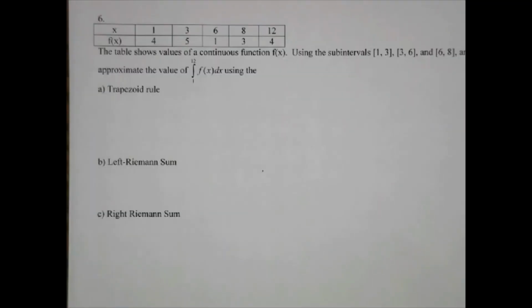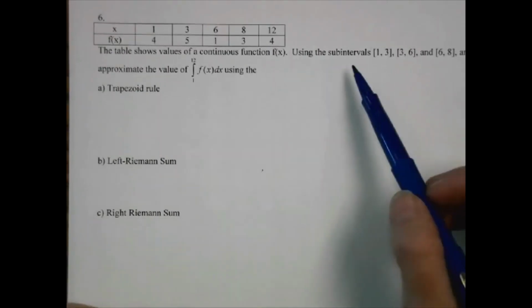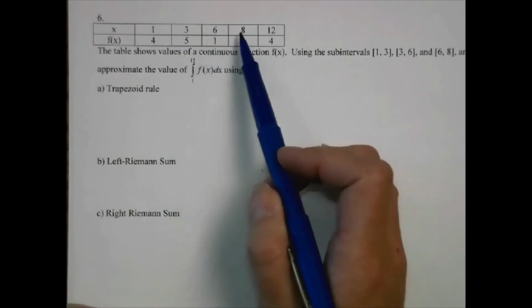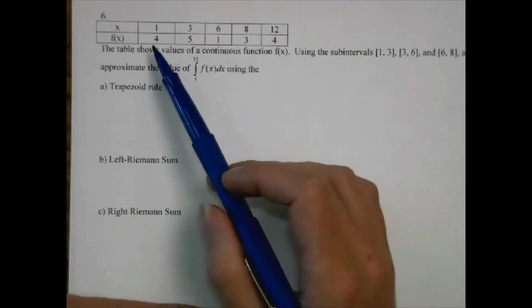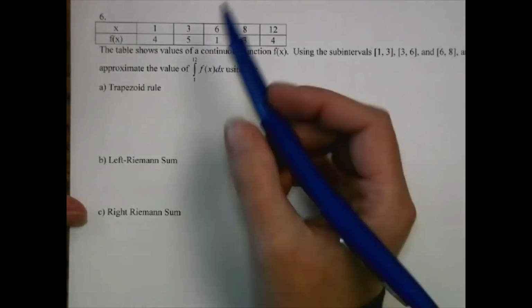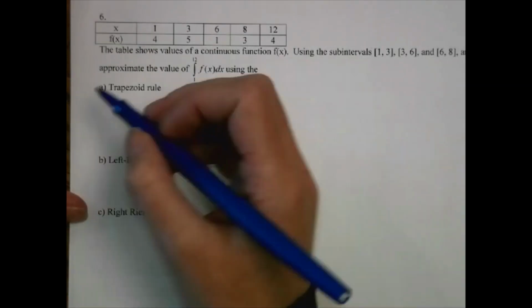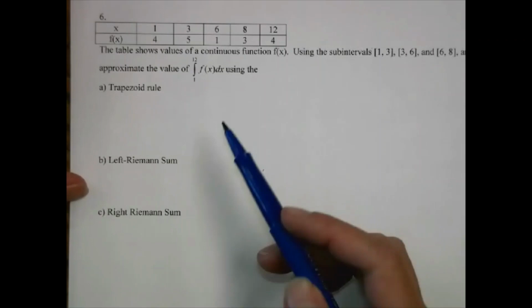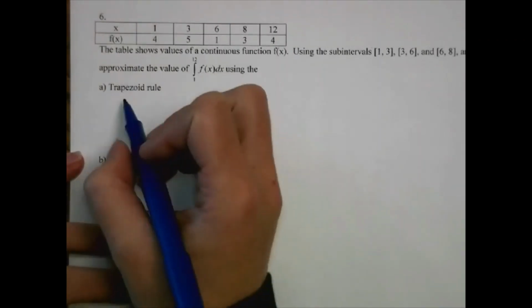Okay. Now we're going to do a Riemann sum from a table. So the table shows a continuous function using the subintervals from 1 to 3, 3 to 6, 6 to 8, 8 to 12. With these different values, we're going to approximate the integral from 1 to 12 using the trapezoid rule, a left-hand Riemann sum, and a right-hand Riemann sum. So the trapezoid rule